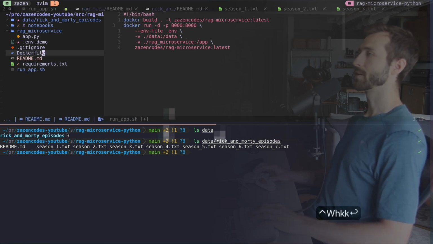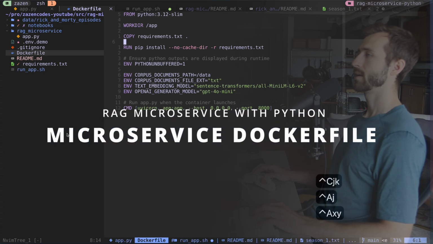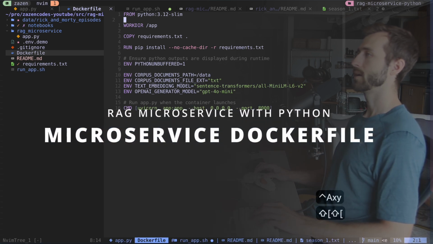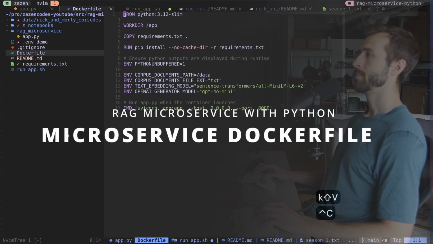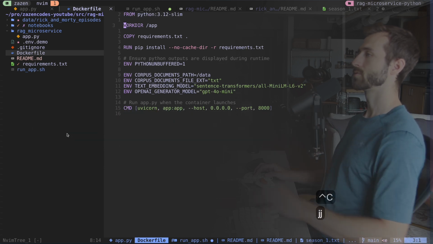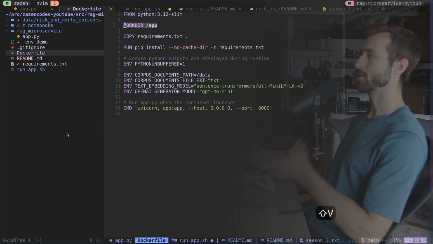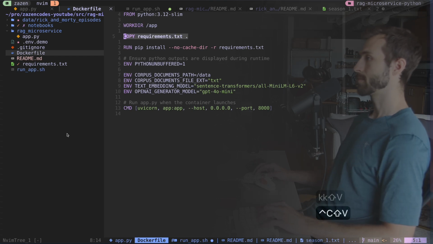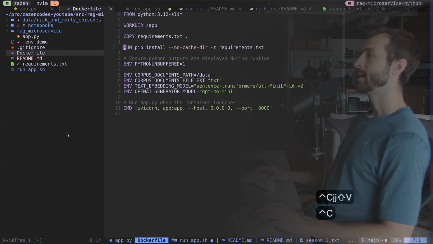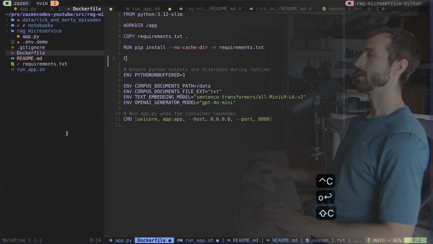So let's now talk about the Dockerfile. I'm working in Python 3.12, and I just say, okay, switch to the app folder. This is where I want to work. So after I copy my requirements, I'm going to install them. And below this is where I'd want to say, okay, now I want to copy my RAG microservice